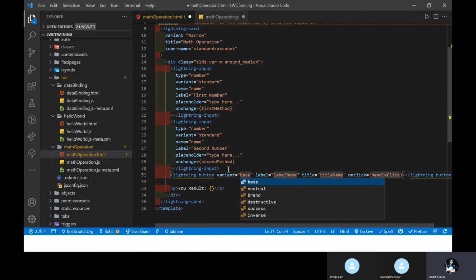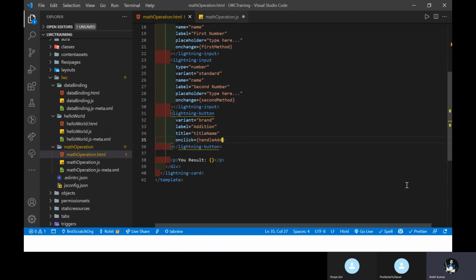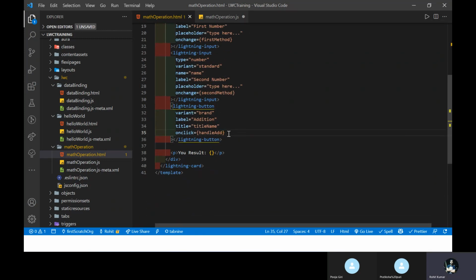There are six types of button variants, we can say. So I'm choosing brand now, and the label is addition. For handle click, give a meaningful name like handleAdd, something like that. Here you can see my button is created now.